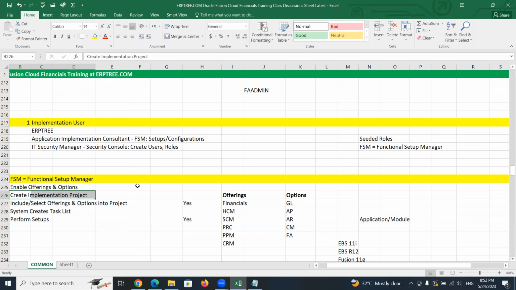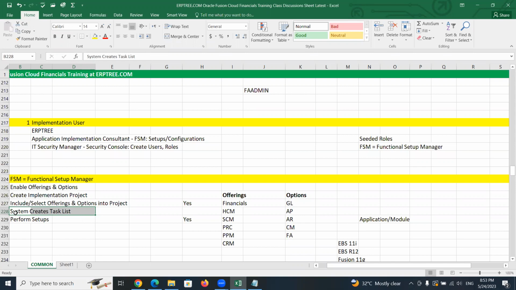Say for example, you are selecting financials into your implementation project. Once you select financials into the implementation project, the system creates the setup list, the task list, of setups we have to do to implement financials across all these applications. The task list is nothing but the list of setups we have to complete to use the financials applications for our client.